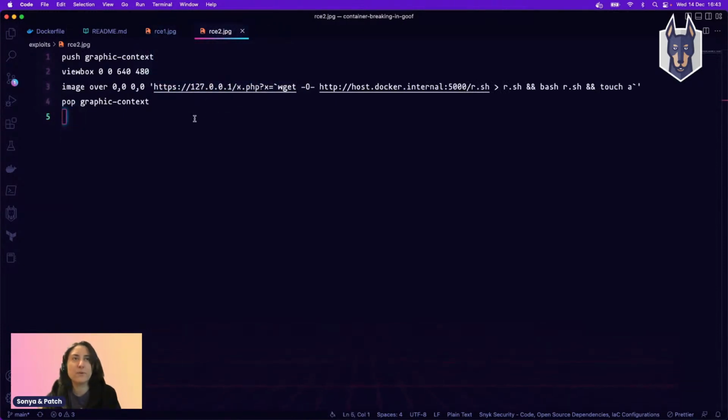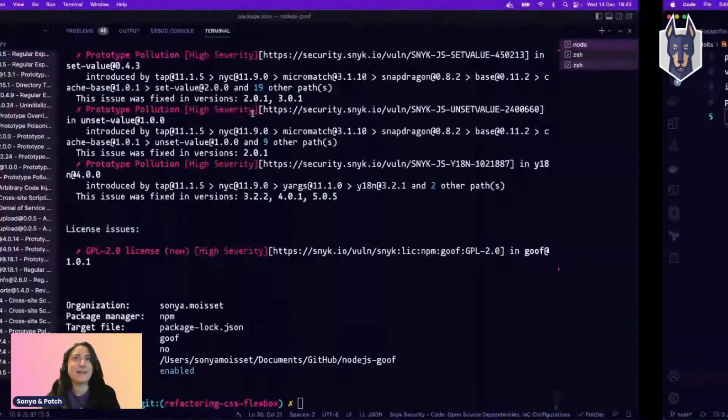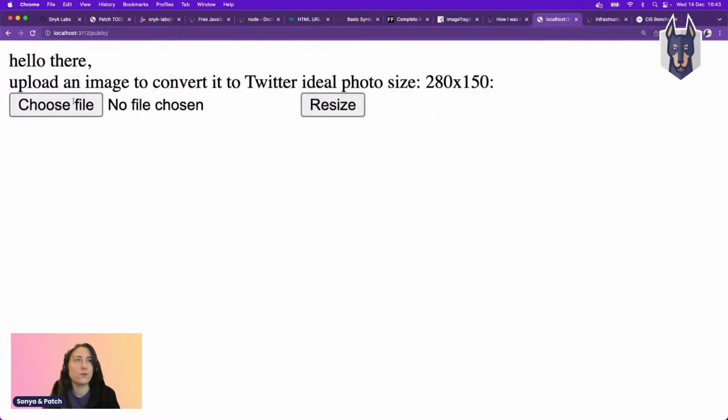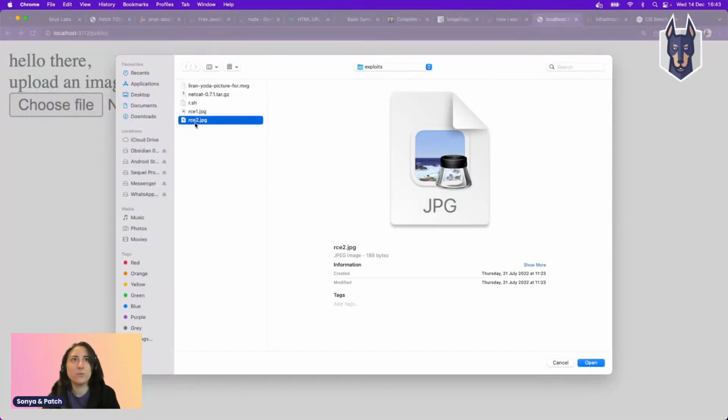But we can see there's actually no input validation here, because we would only expect image extensions. But apparently we can also upload PHP, which is not great. So let's have a look here. Let's go back to the home page, choose the file, upload the second one,